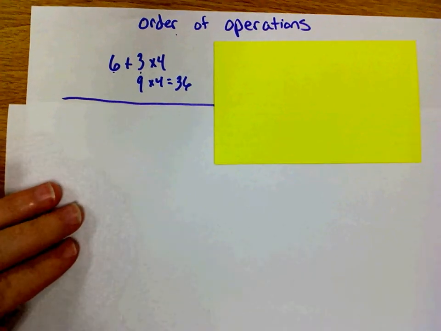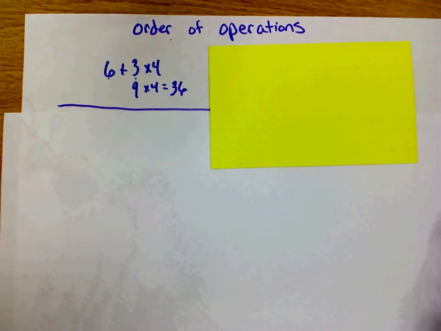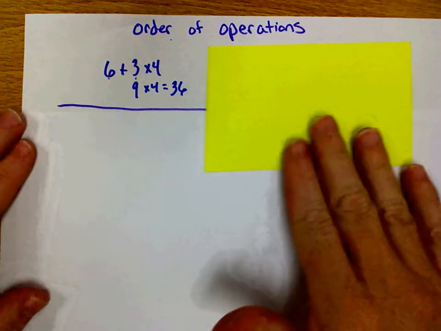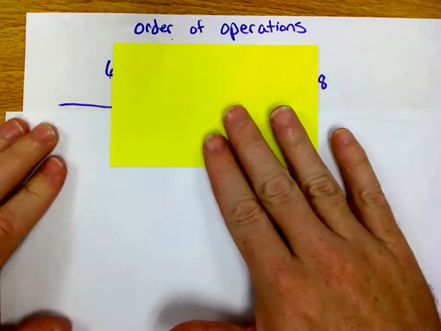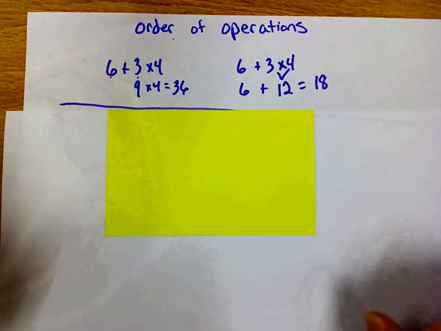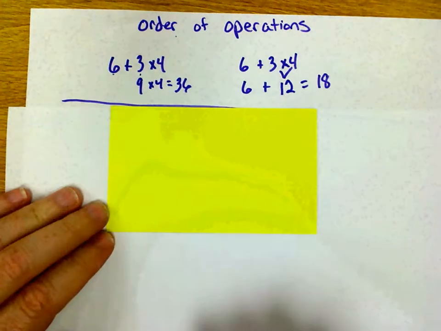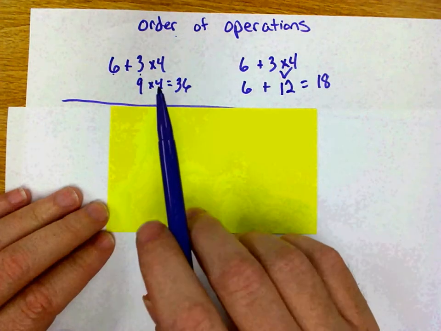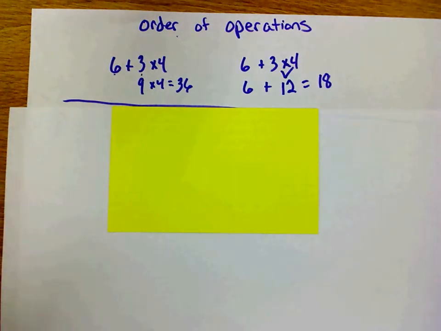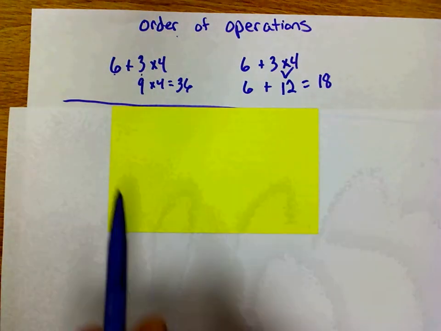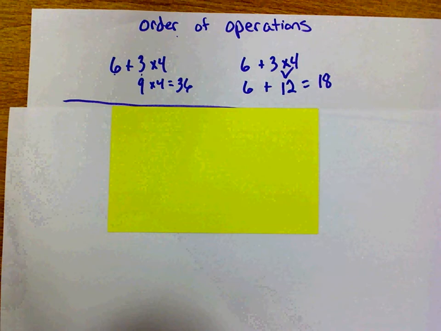Hey everybody, just wanted to do a quick mini video tutorial about the order of operations. I wanted to start by showing you two problems. One is 6 plus 3 times 4, and the same one over here, 6 plus 3 times 4. And you had to decide, well, if I go from left to right, because I know I'm supposed to solve problems from left to right,